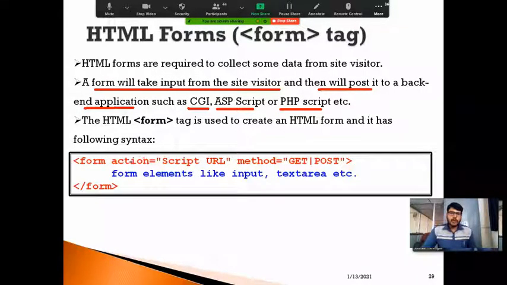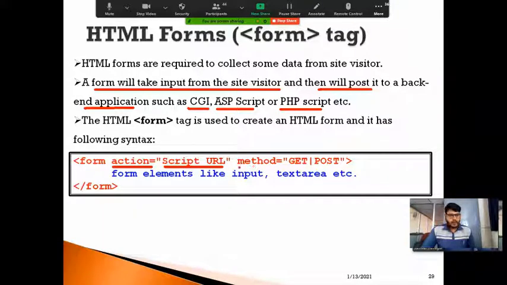So in this action attribute, we need to specify the script URL, that is, where my collected data has to be transferred for further processing. That program URL or script URL I need to specify here.